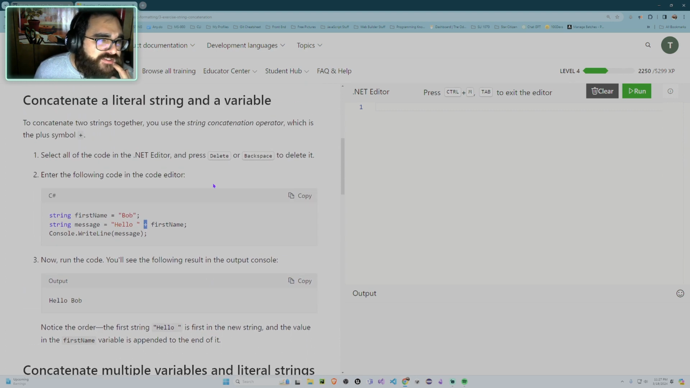Okay, so we're gonna do string concatenation. First thing we're gonna do is create a string called first name, right? And let's name it Fram. You can put whatever you want. We'll create another string called message, and it's going to equal,